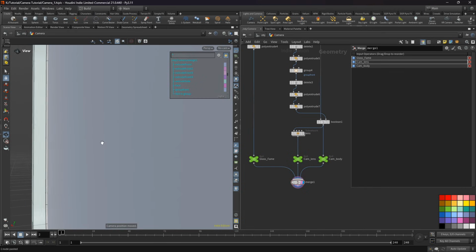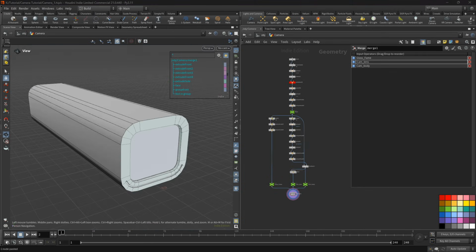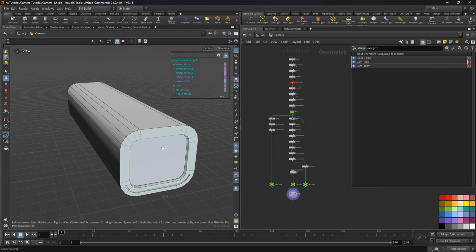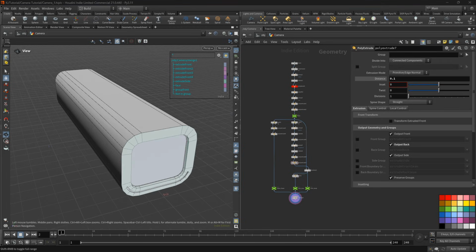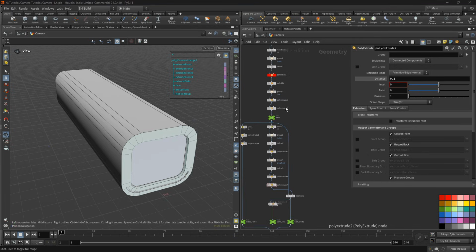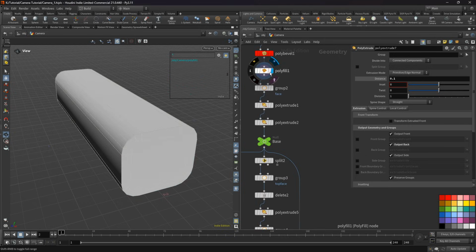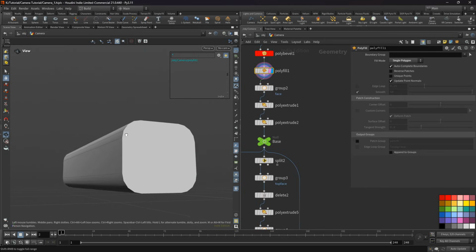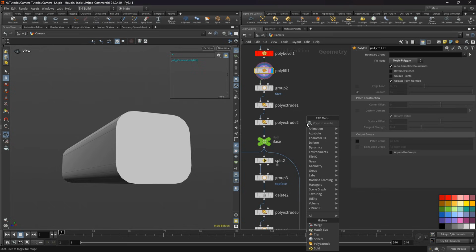So we have here our lens. Let's move to the next element, and we'll create the ventilation element. So we will start with isolating the bottom panel. So let's add the delete node. So from here, from polyfill node, we'll add the delete,